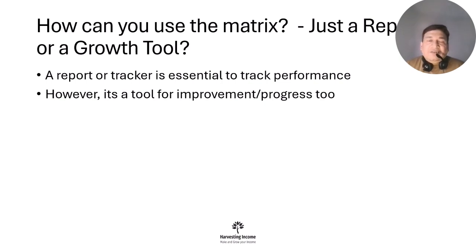The first part looks a little boring, but that is also important because you need to know where you're going right, where you're going wrong, and do an analysis of what is happening in your life. It can be a bit boring because it's a post-mortem analysis. You don't want to go back to your past and see what mistakes you've made. So it can be a little boring, a little demotivating, but that can also give you a lesson for the future. So you know what to avoid in the future and how to minimize your risks.